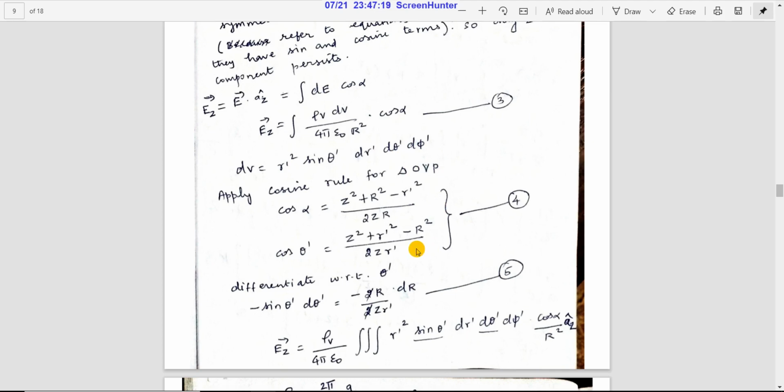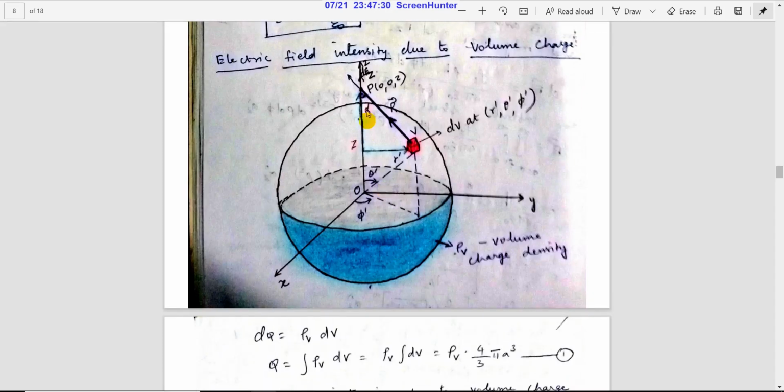So we have to find out what this cos alpha is. So you notice here that you can constitute a particular triangle with the help of this alpha. So you just notice this is a triangle. So this is the point P, this is the point O, and this is the point V, say. So you constitute a particular triangle between these three points, that is P, O and V.